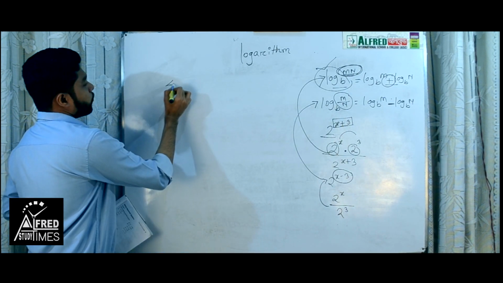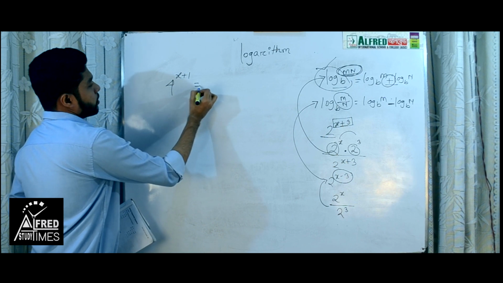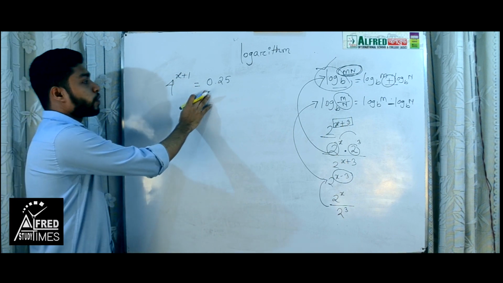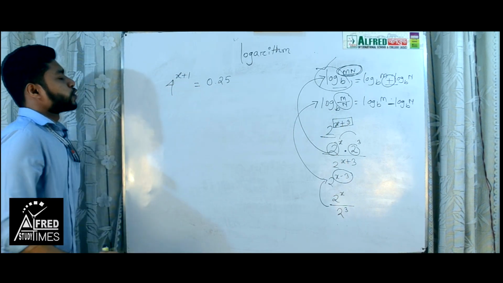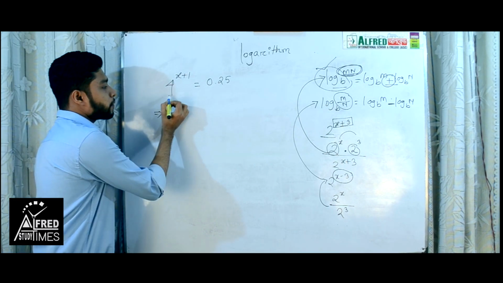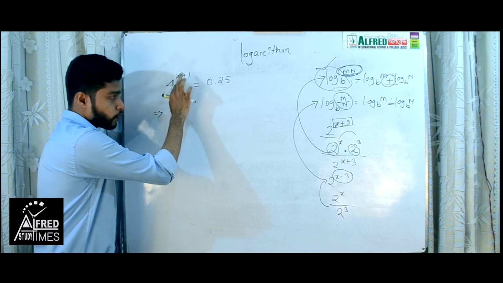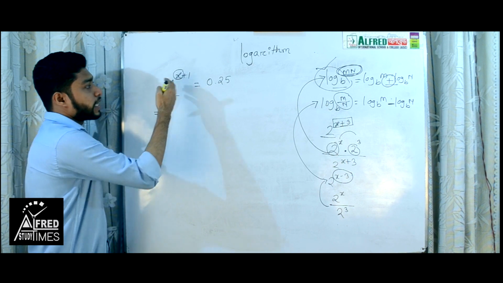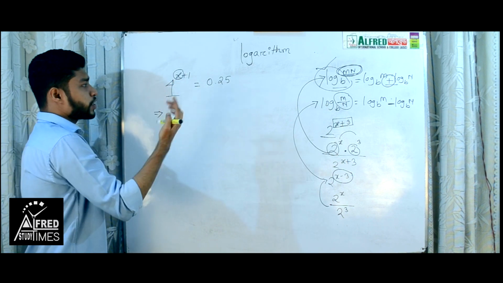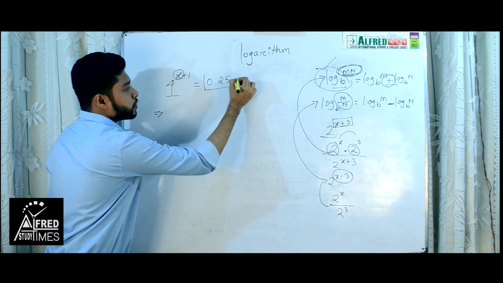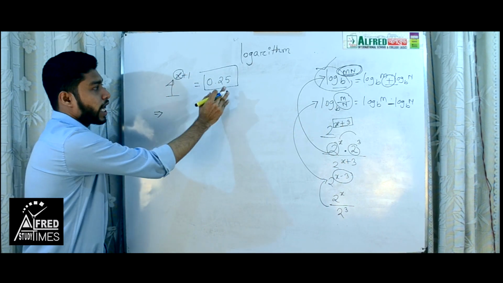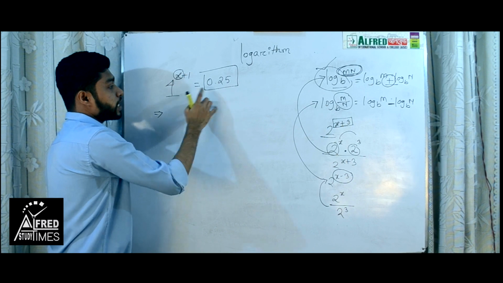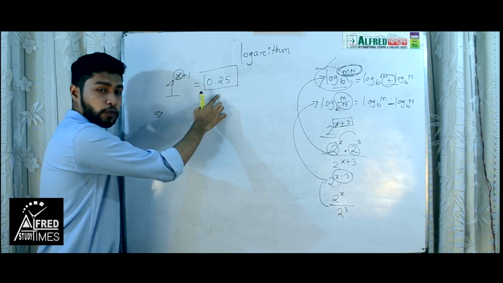Now I write 4 to the power x plus 1 is equal to 0.25. So don't panic, take it easy. So we have to know about the base. Here the base is 4 and the power is x plus 1, and we have to find this x, make a base and a number. So to find the equation we have to change this. There is a decimal, we have to take a fraction. And make sure we have to know about the base 4. Make it base 4 as well.